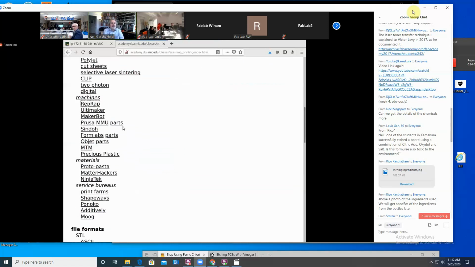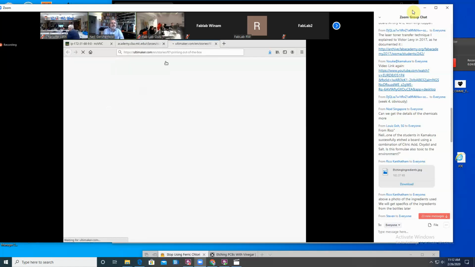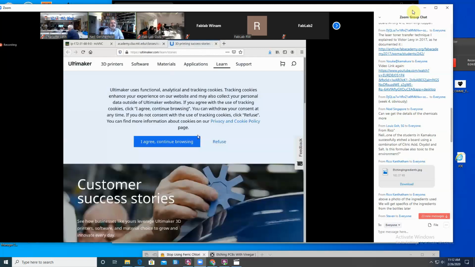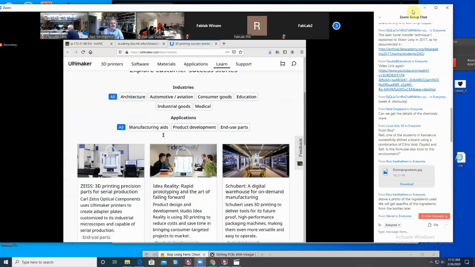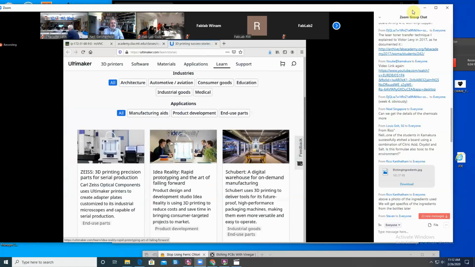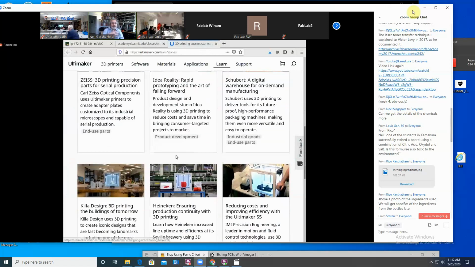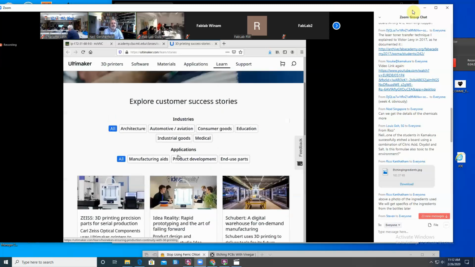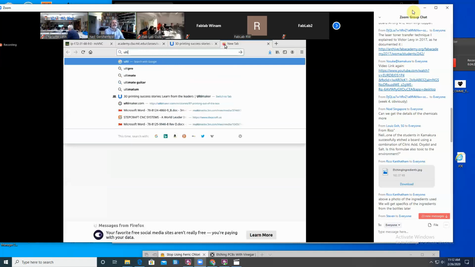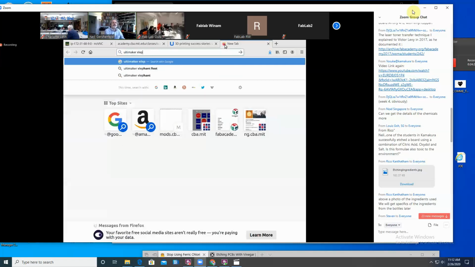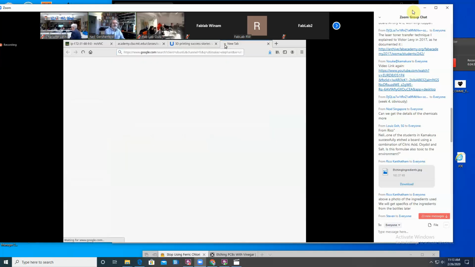RepRap inspired multiple projects. So Ultimaker grew out of a fab lab in Utrecht. They focused on print speed, reducing the moving mass to be able to print as fast as possible. And an offshoot of that was a lovely project